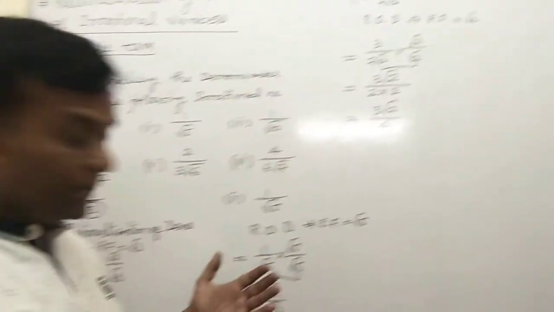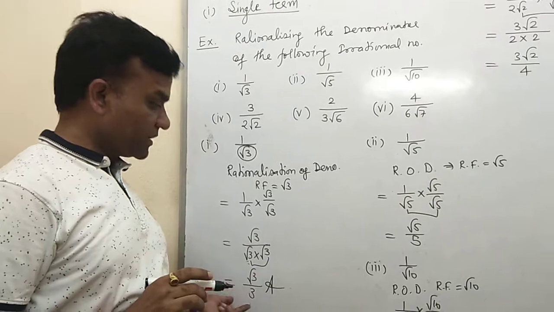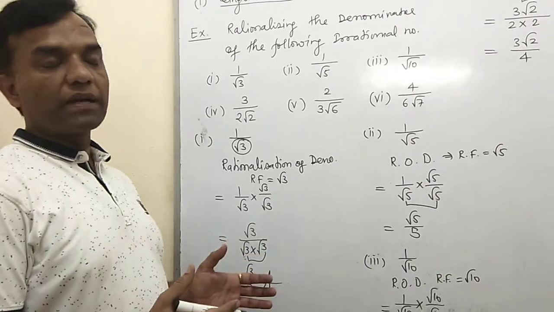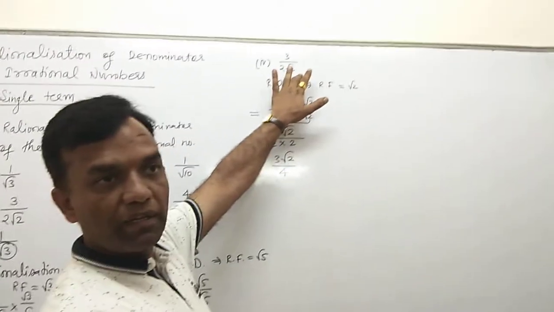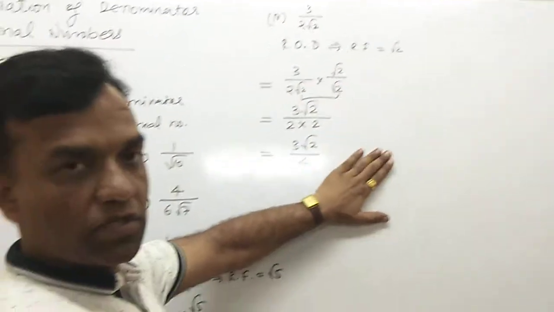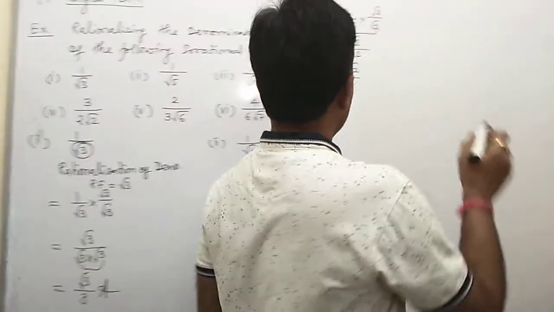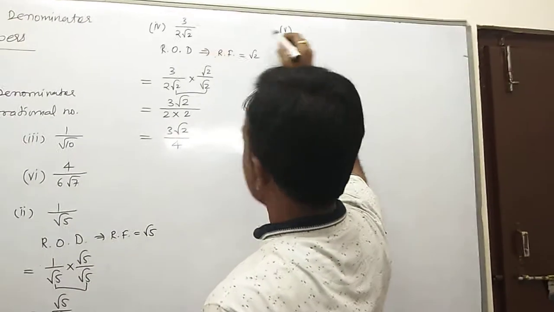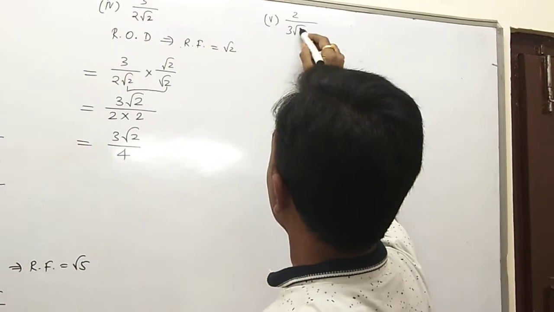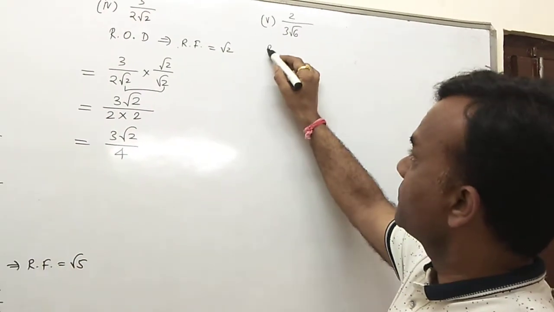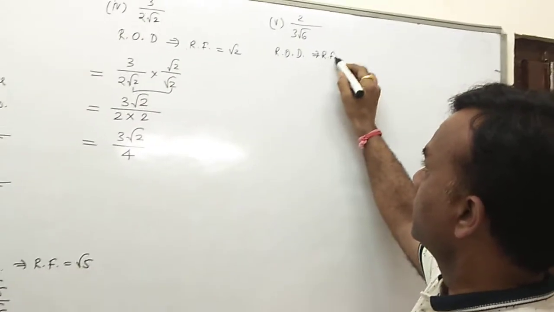So this is a different category of question, because here we have a single term and after rationalization there is no change, only the particular part changes, and so on. But in this question we have a rational and an irrational number in a pair, and how we operate on such questions is important. And now we have example 5, like 2 by 3 root 6.